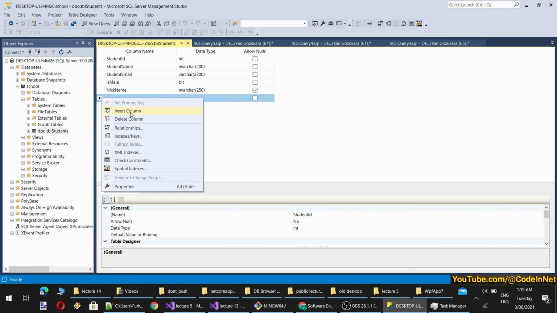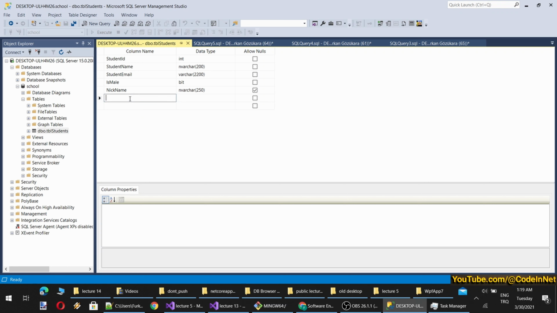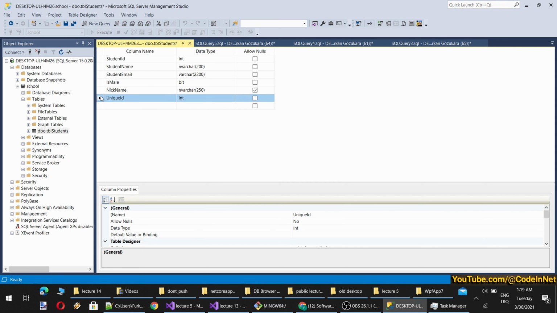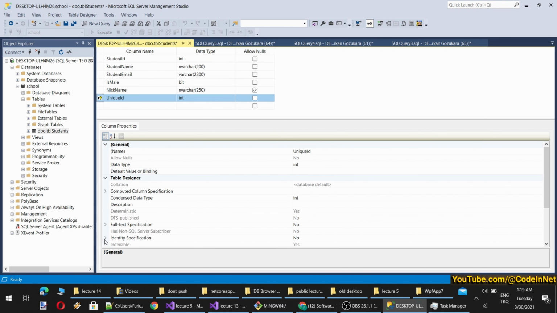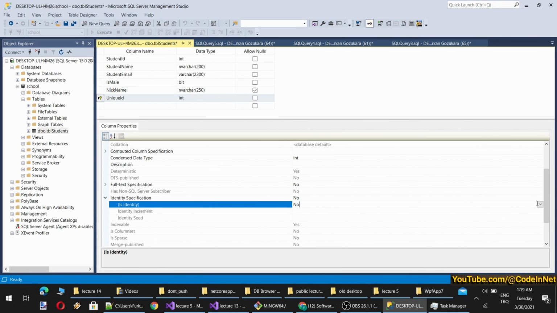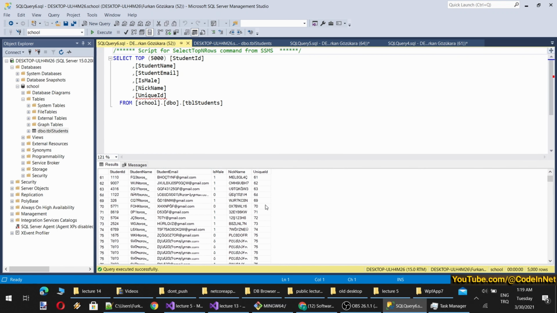Therefore, each record can be uniquely defined with an identity key. Okay, so I will just insert a column. By the way, after I have done this, I have to recompose the classes. So let's say unique ID. I will make it an identity key. How am I going to make it? I will set it as primary key and set identification to identity. So it will automatically give keys to the existing records here. You see they all have different keys now.